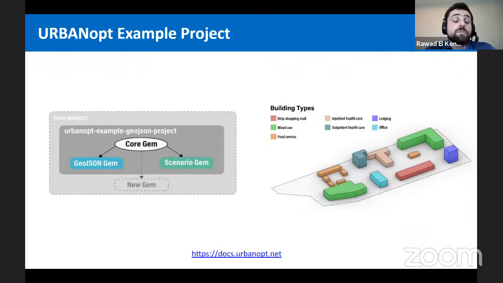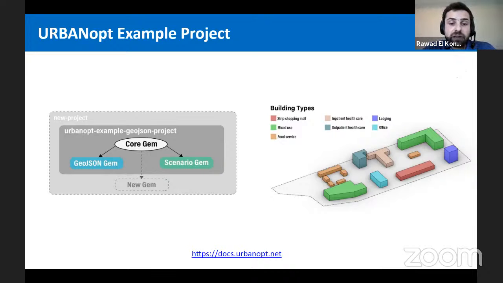Finally, URBANopt workflows are released via example projects. As you can see here, this is the first example project that we released, which only includes the core gems, which are the GeoJSON and the scenario gem, but we developed new capabilities and other gems that are released in new example projects.